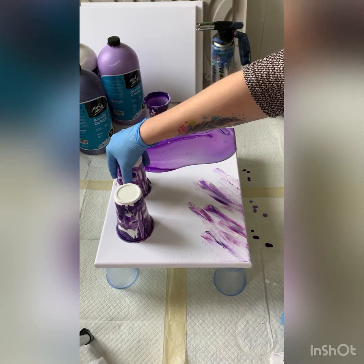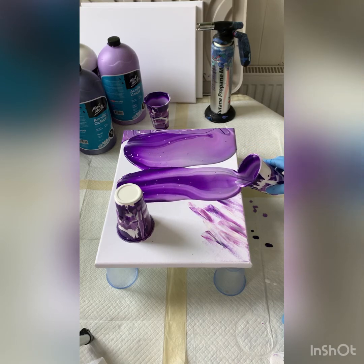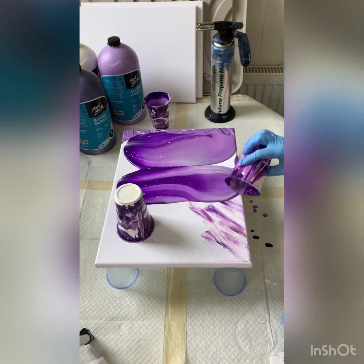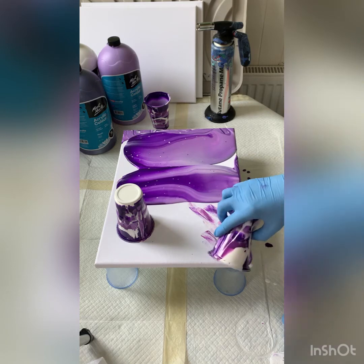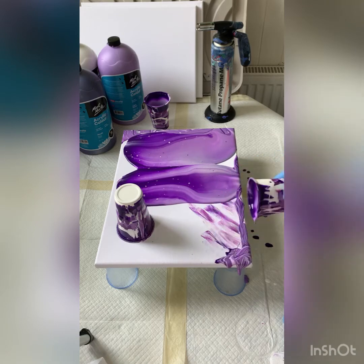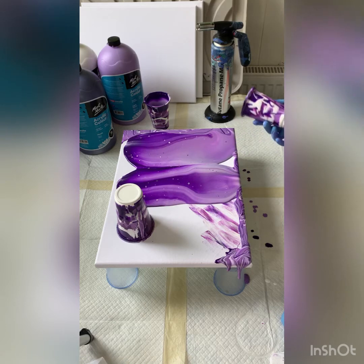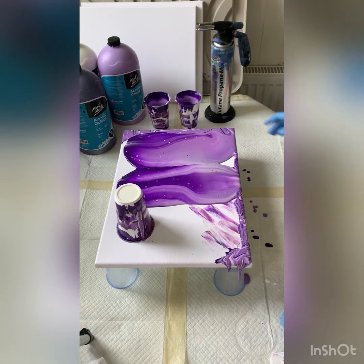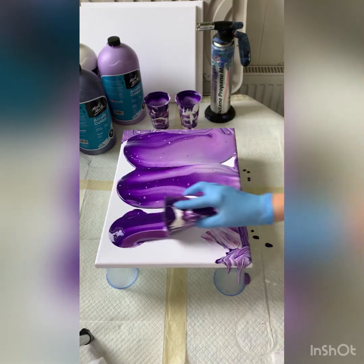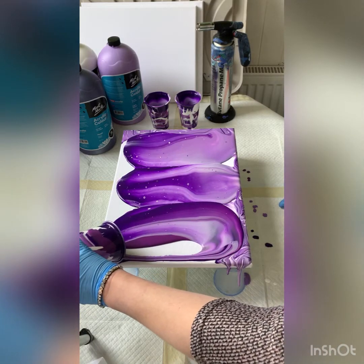And the middle one. Okay, that was good speed. So I'm just going to put that there, and I will use it for, oh, actually while I'm here, use it for the edges. Okay, might as well. And that corner. I mean, there's quite a bit more paint than plan left in that cup. Okay, let's get that out of the way. And the last one. That's it. So this corner